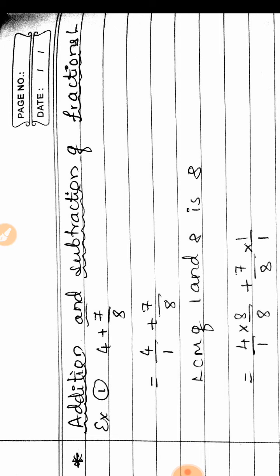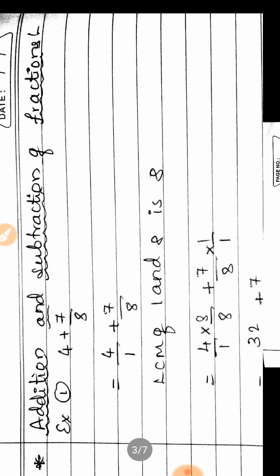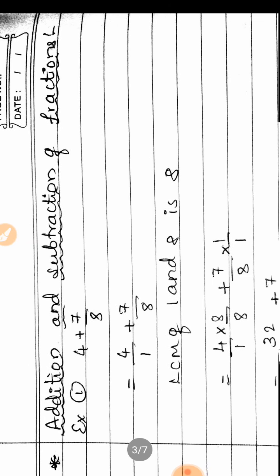So next process, how we can add the fractions, how we can subtract the fractions. For the examples of addition and subtraction, I have chosen further examples from the exercise only. When I give the homework of this exercise, leave these examples and the remaining you can solve. That's all. This is from the exercise itself. You can check the textbook.